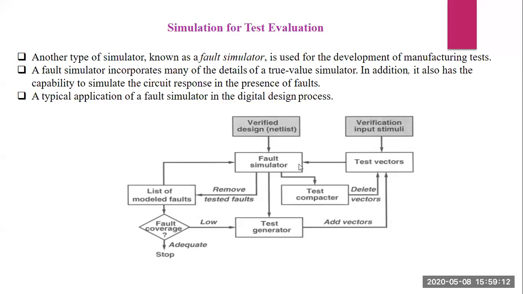And for this fault simulator, we have an input from the test vectors. Test vectors, in the sense, are the inputs for the design. For example, if I have one logic gate here, the logic gate will be driven with some test vectors, some input patterns. Those can be sent through the test vectors itself. And for these test vectors, we get the input from the verification input stimuli. Why? Because the verification input stimuli depends upon the logic, the timing, or the electrical behavior. It checks based on all these parameters to derive the test vectors.